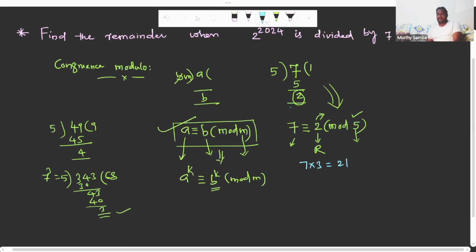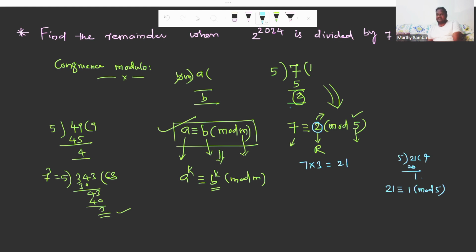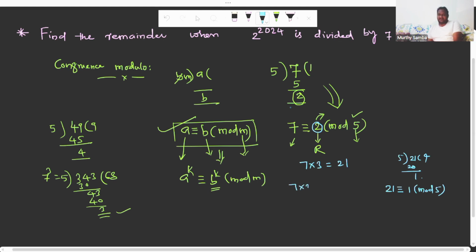What will happen when 21 is divided by the same number 5? 5 fours are 20, so the remainder is 1. Now see, what is the remainder? You can write 21 is congruent to 1 modulo 5. Now, is it true when this remainder is also multiplied by 3? 2 threes are how much? 6, right? So then 7 into 3 is congruent to 2 into 3 modulo 5,